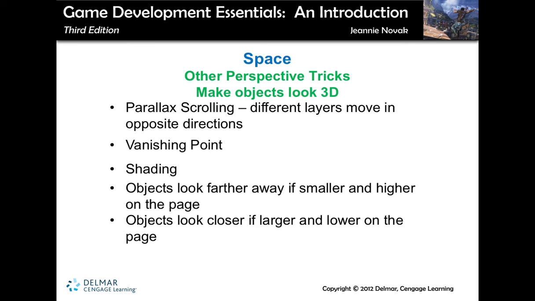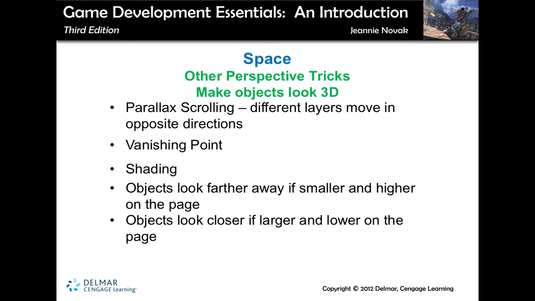Now, there are some other perspective tricks that can make objects look three-dimensional. With that side scrolling, there's something called parallax scrolling, and what that does is different layers move in different directions. So you might have your character moving right, but the background at the same time moves left, and it makes the game look much more three-dimensional instead of just looking flat. You can also draw your objects so that there's a vanishing point where everything comes towards the center and gets smaller as it goes back until it hits what we call a vanishing point. You can use shading to make things look three-dimensional, where you shade objects that causes them to look like they have